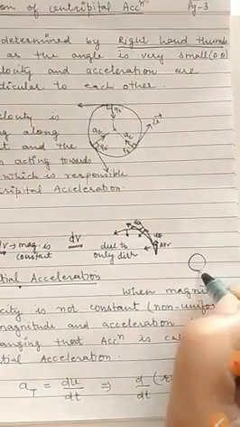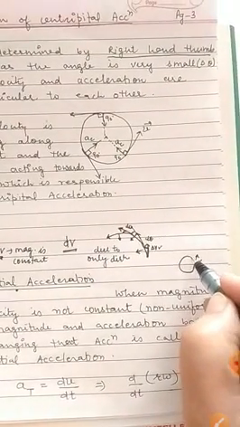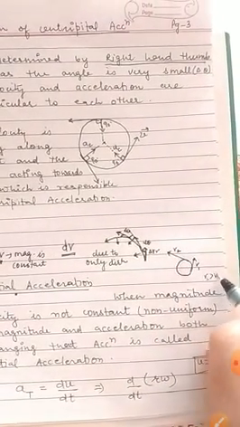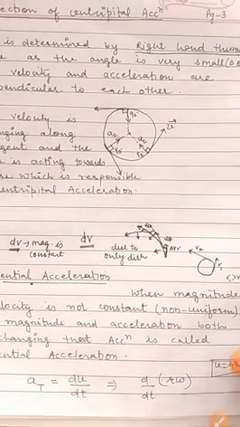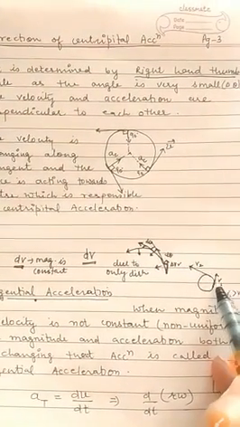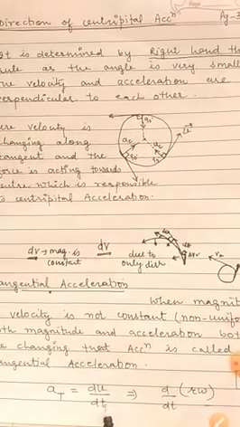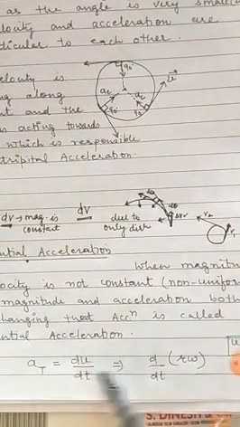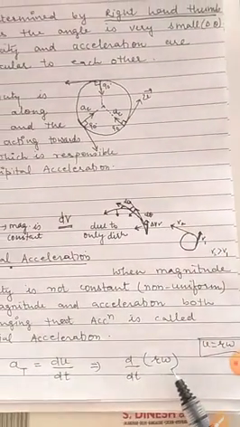This is the circular path. The body is moving along the circular path. Initially v1 is the velocity and after some time the velocity is v2. Here this v2 is greater than v1. The magnitudes of velocities are different. In that case the acceleration is known as tangential acceleration, acting along the tangent, and this is simply given by the rate of change of velocity. This is the linear velocity along the tangent and the value of this v is r omega. Put the value of v in this expression, d by dt of r omega.